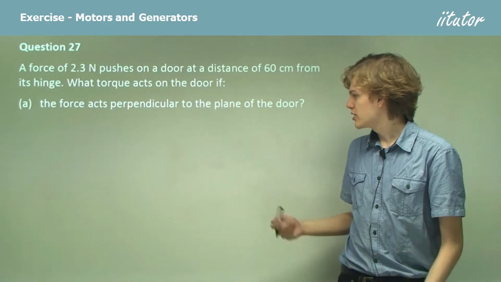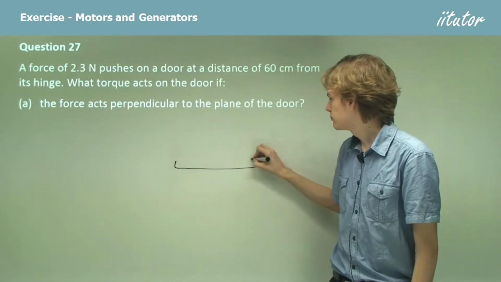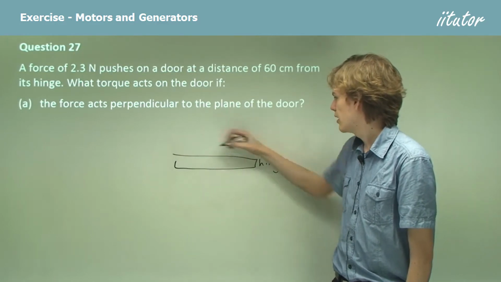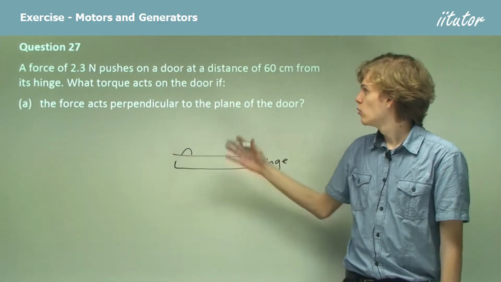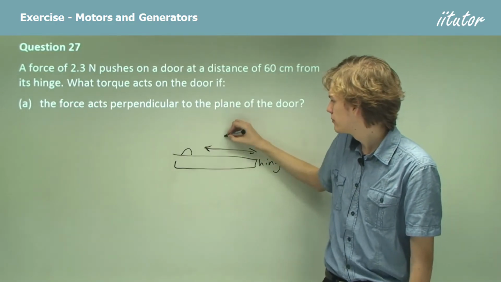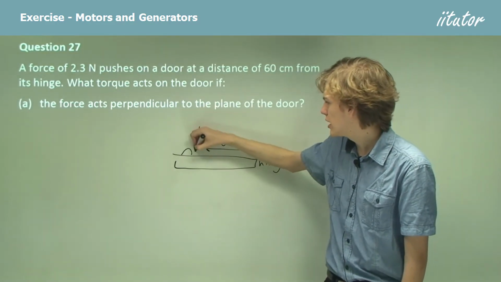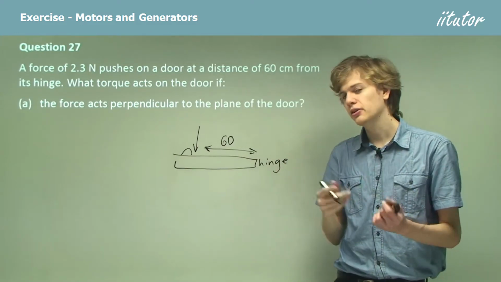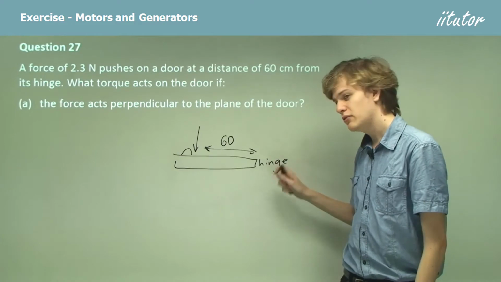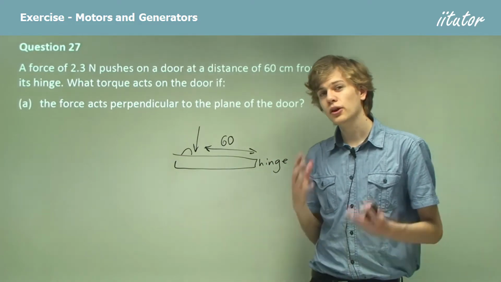So, in this case, we have a door with a hinge and a doorknob. We're pushing on the door at a distance of 60 centimeters from the hinge, and we're pushing straight down, perpendicular to the door. So if the hinge is our pivot, then we should be able to answer this pretty easily with what we